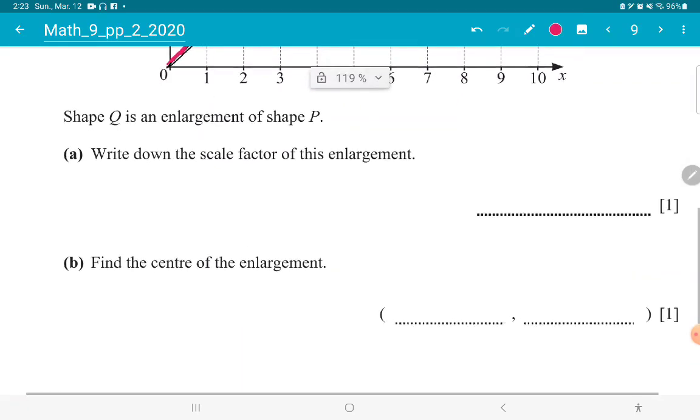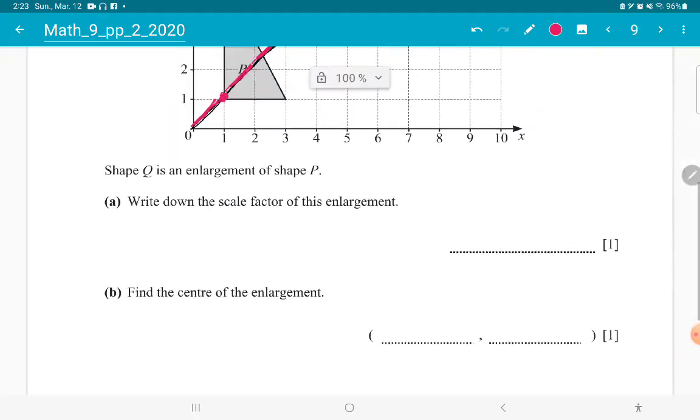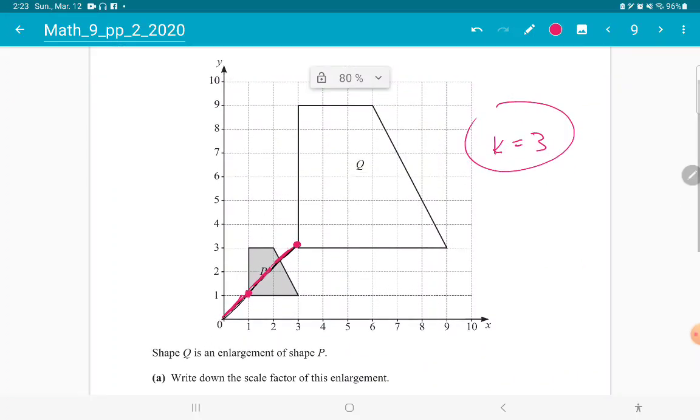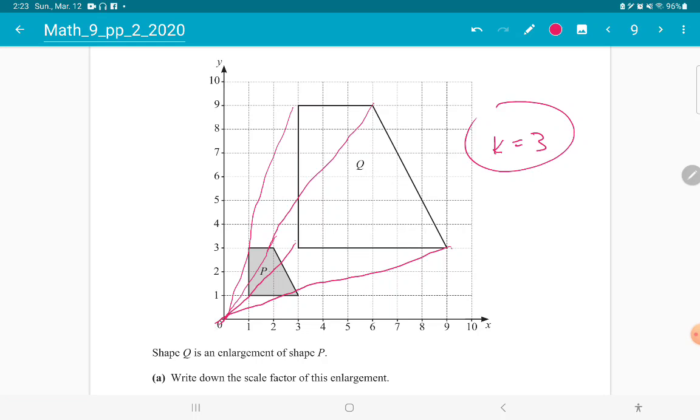Find the center of the enlargement. Okay, enlargement. Center of enlargement, how to find it? You need to connect the edges, the vertices. If I connect this to that, and this to this, and this to that, actually you don't need all of them. You need just 2. And then the place, now it looks like 3D. The place where the